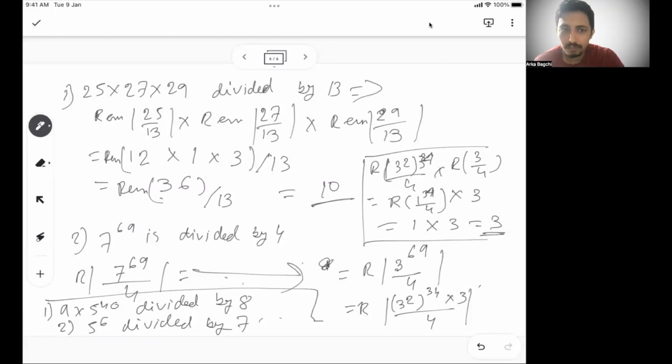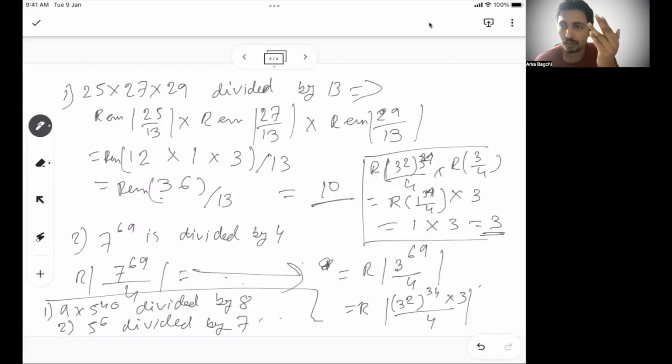Both of them will be very similar. The way we solve this: multiplication of a set of three numbers or more, when divided by a particular number, gives the same remainder as when you divide the individual numbers by the same value and take the individual remainders. And that way you can calculate this. This is a very important way of understanding how the remainder works, and a lot of problems will depend on this concept.